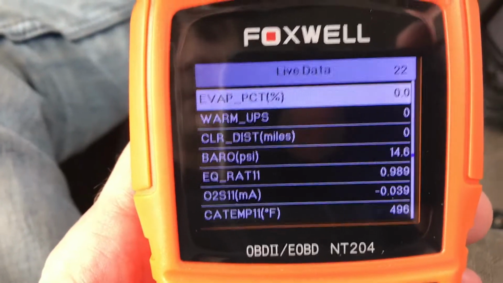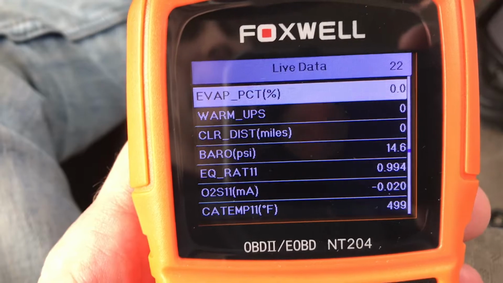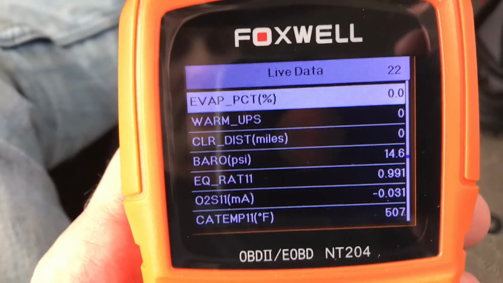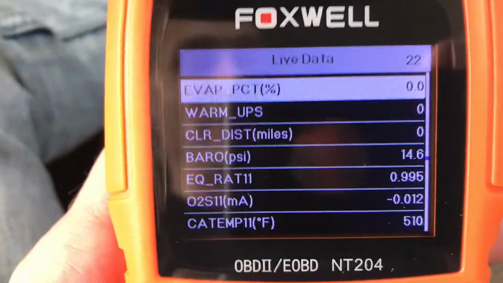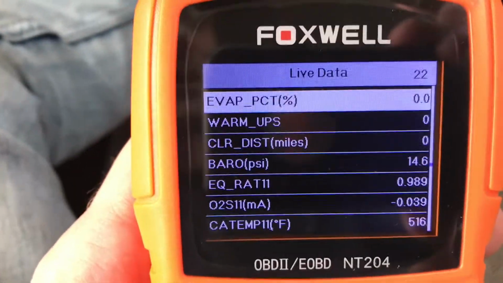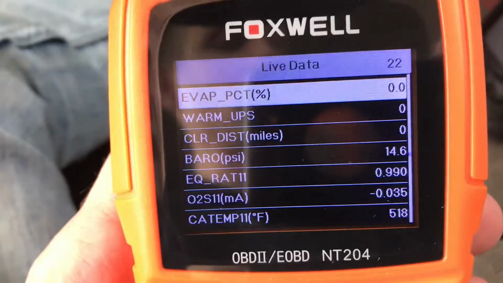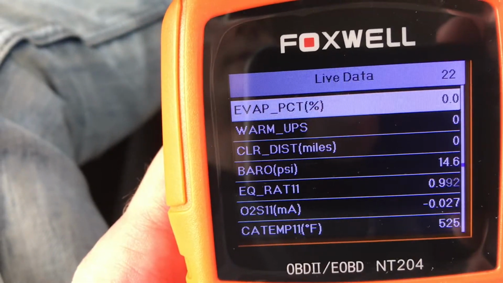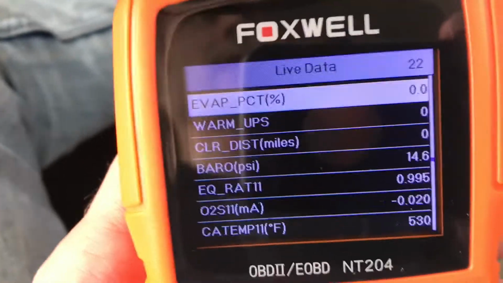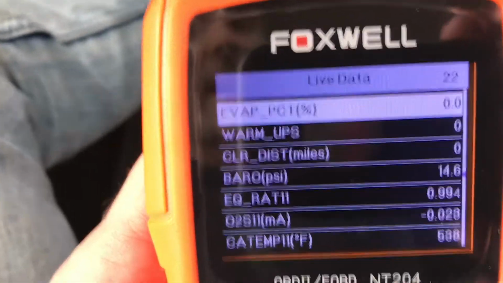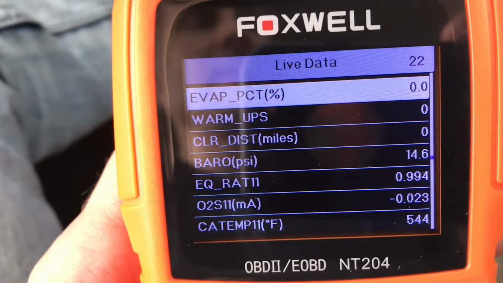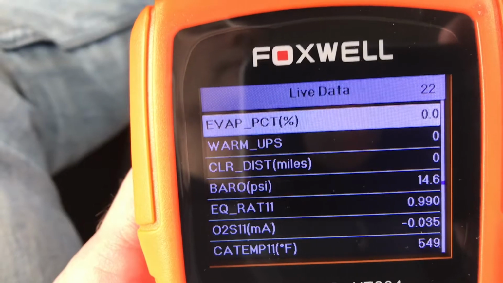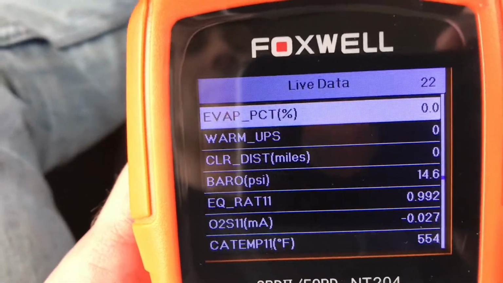You can come in here and take a look to make sure that's reading correctly. You can just compare it with your weather app on your phone and make sure it's reading what it should read. I know Ford had a big problem with their mass airflow sensors, and the baro pressure was always off. A lot of times, if you're trying to do an emissions test, if your readiness monitors are not running, the computer needs to see certain conditions in order to run these readiness monitors. And the barometric pressure, along with many others,